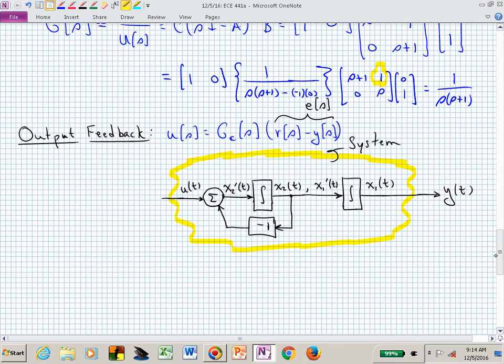But with output feedback, what does the block diagram look like? There's our system. It's the same system. It's just now with output feedback. We're only pulling off the output and feeding that back to create our closed loop system or our controlled system. The input U is going to be influenced by our controller,